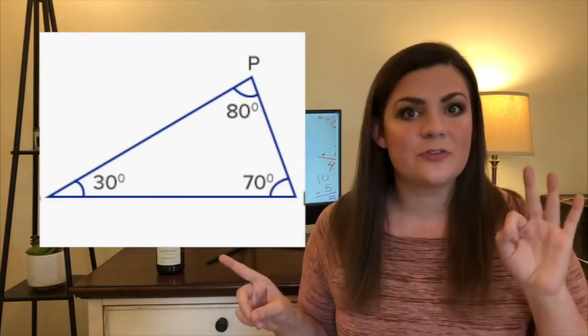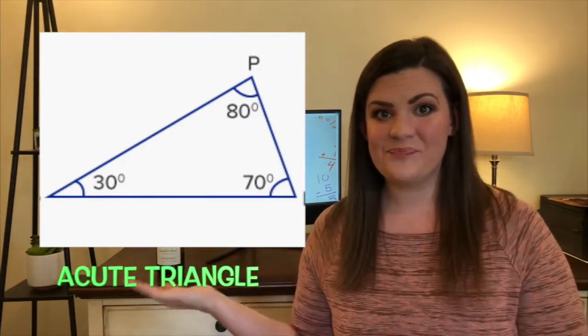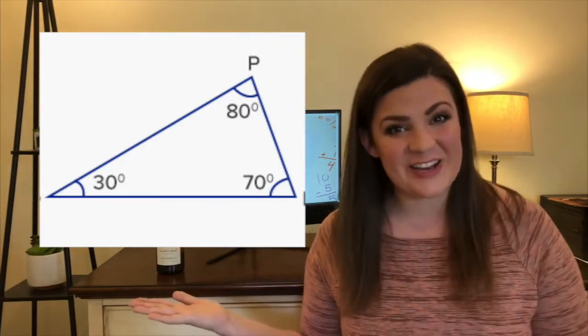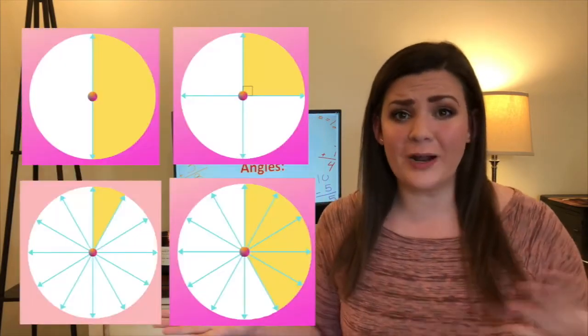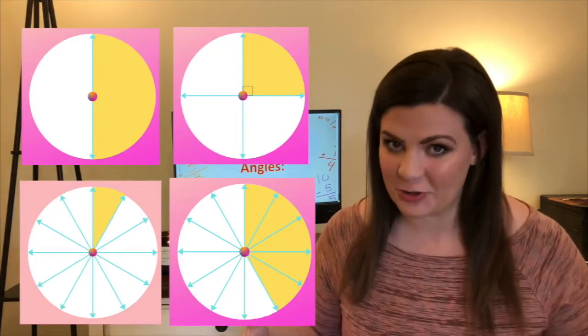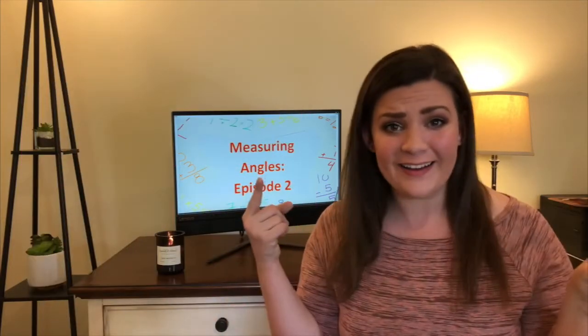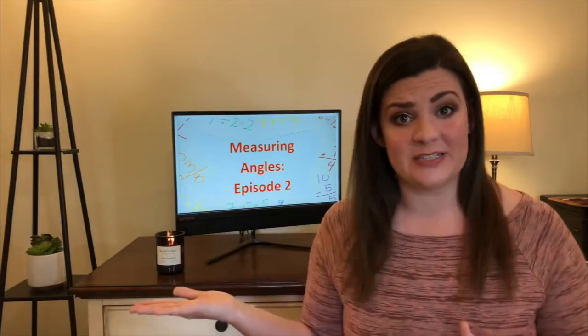So that means it has three acute angles, which makes this triangle an acute triangle. Awesome! In episode 1, we really focused on being able to look at a circle and recognize different angles inside of that circle, or the fractions of the circle. Let's circle back. See how we can use that to help us figure out the measurements of the angles inside